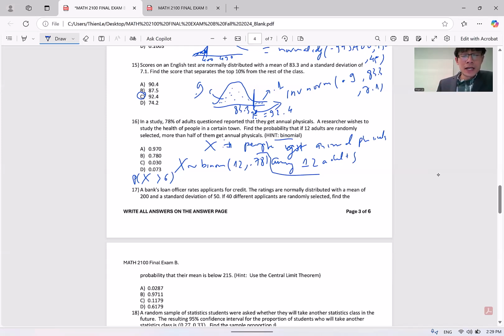In order to make your calculator process it for you, you need to do a little trick here, which is subtraction. The equal sign is important in this case, and this is how your binomial CDF functions: it processes the probability of X less than or equal to a value. So this will be basically 1